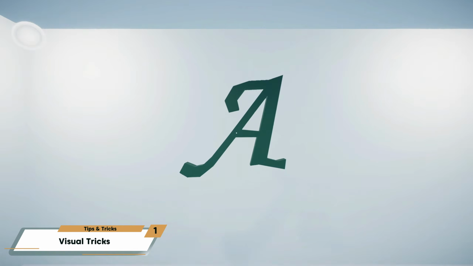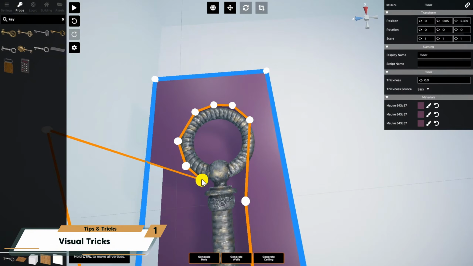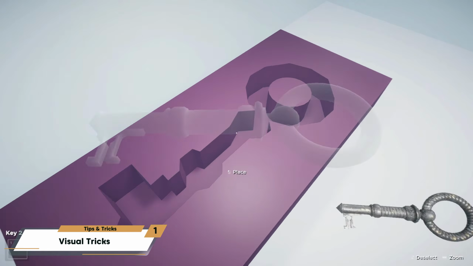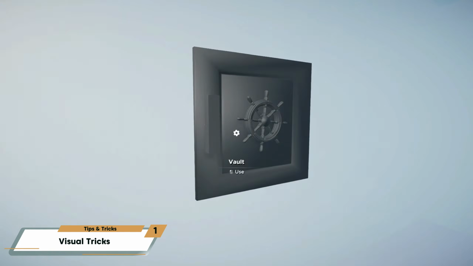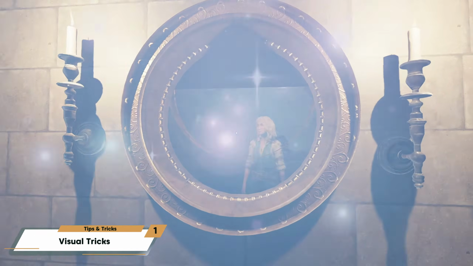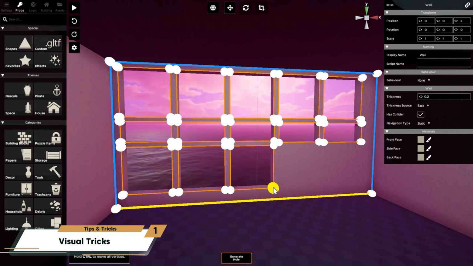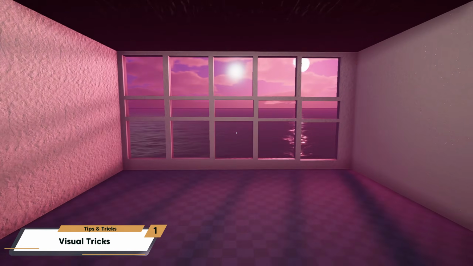You can create custom letters, numbers, or symbols, key-shaped or puzzle piece inlays, or tracks for sliding mechanisms. You can also make recessed areas in walls for things like vaults, safes, mirrors, or shelving. Or take it further, build a full glass wall with a custom frame, or even create bridges and tunnels as